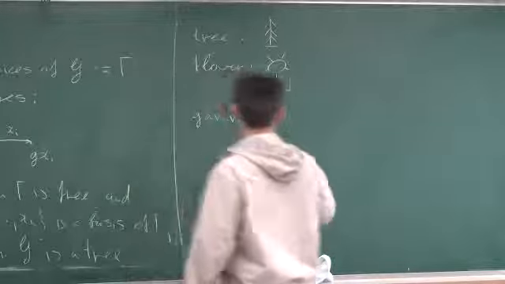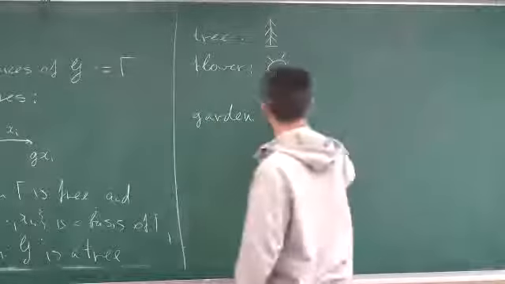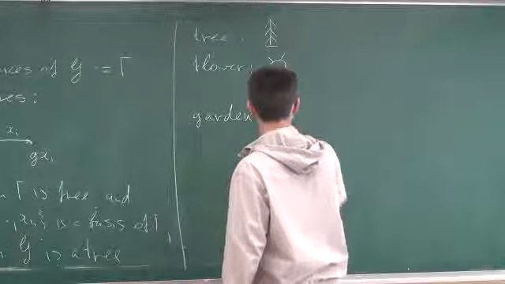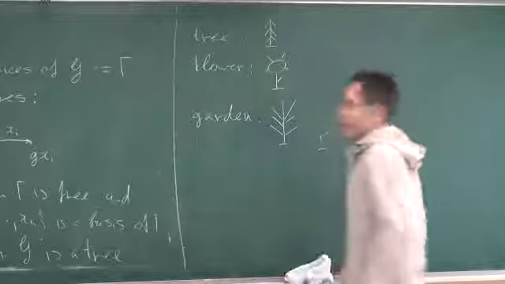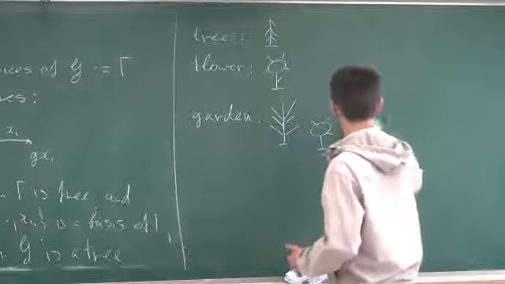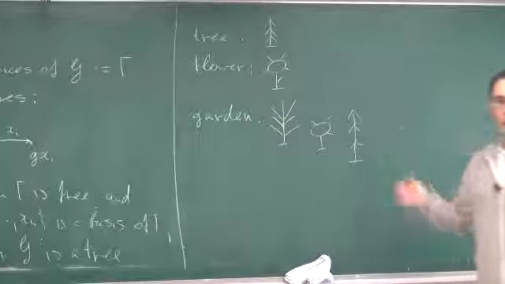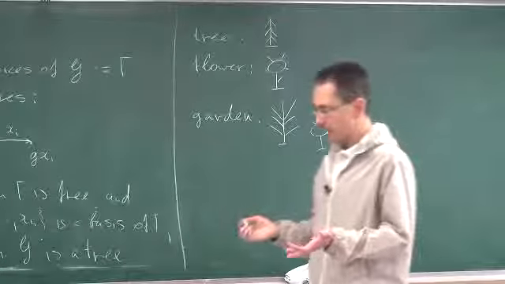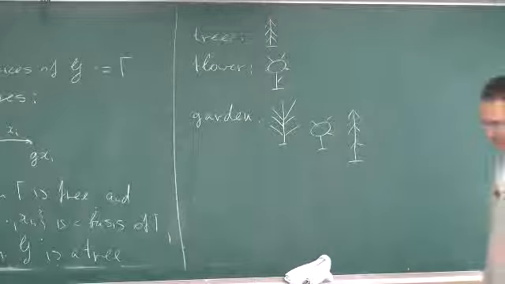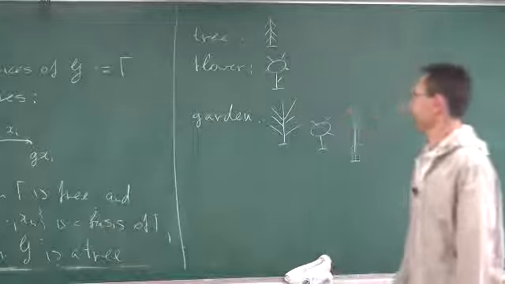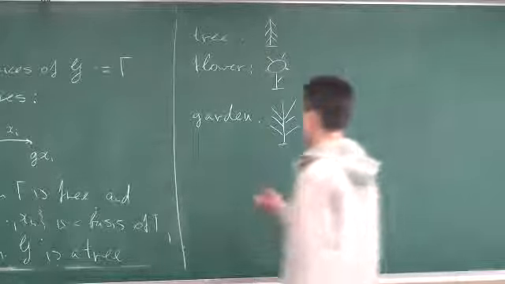So a garden is like a picture of a bunch of trees and a bunch of flowers, right? Here's a tree and here is a flower, and maybe several of them, something like this. So this is a garden. So a garden is a graph whose components are either trees or flowers. And why does this deserve a name? Because that's exactly